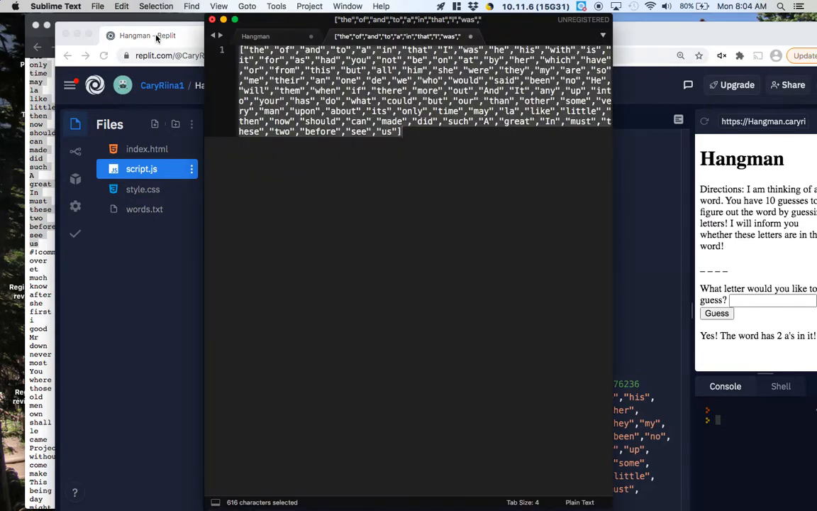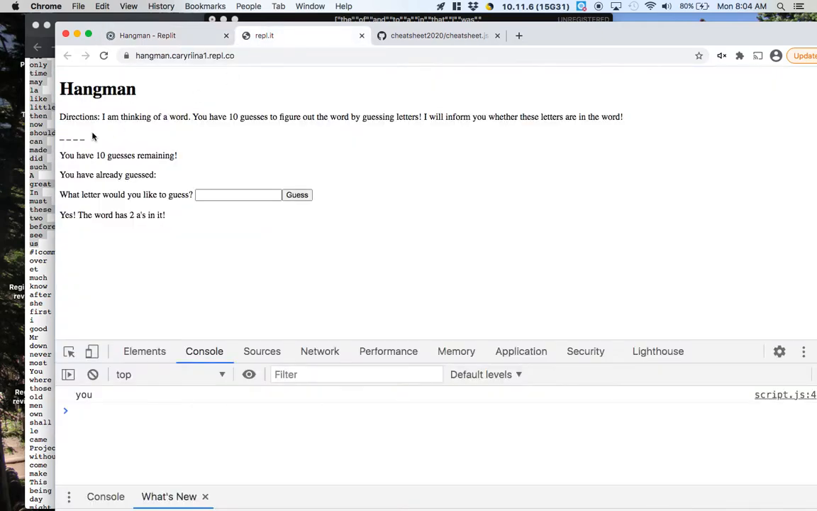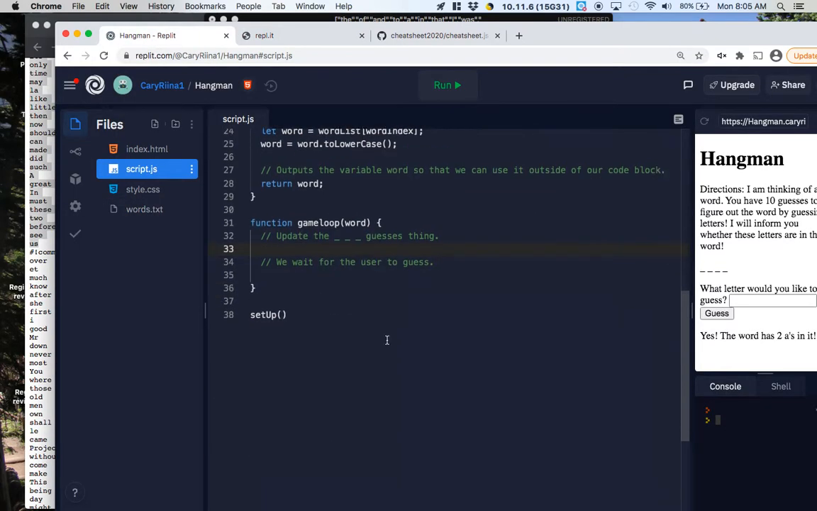How do we display the right number of little underscores here in spaces? This is kind of an interesting problem because, right, depending on the word, here it should be 3, here it should be 2, here it should be 4, here it should be 3 spaces. Okay. So to update the number of guesses thing, what we should do is we should start off by displaying,